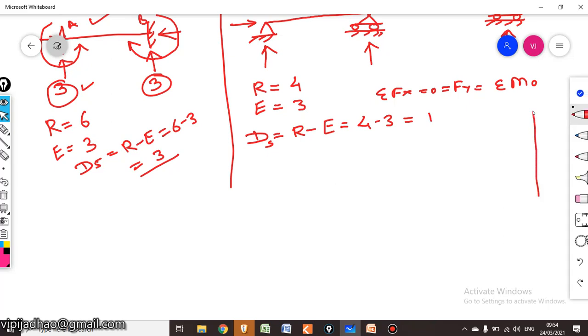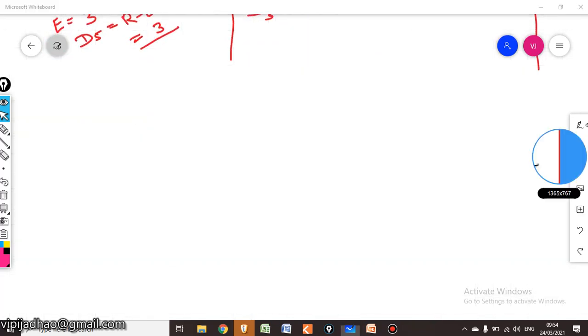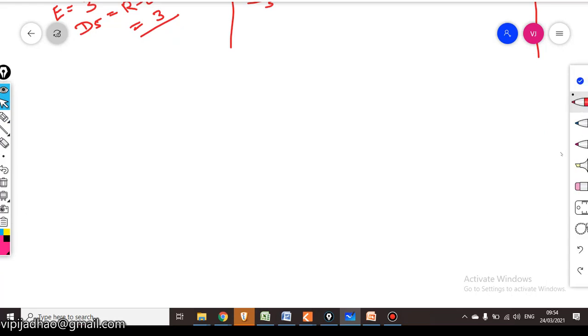Okay, let us take another example of a continuous beam again. Let us consider we are having some beam like this, and support conditions are as shown here. And one hinge is provided here. Now here the total number of unknown reactions: there will be one reaction like this, one horizontal reaction like this. Sorry, here it will be a roller support.